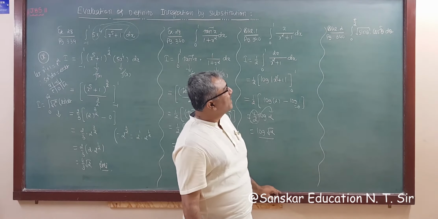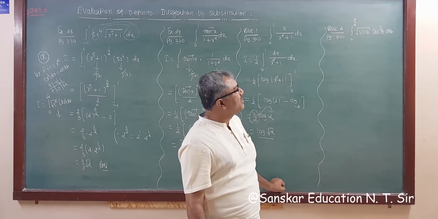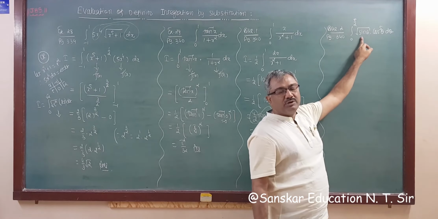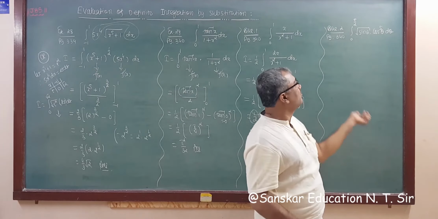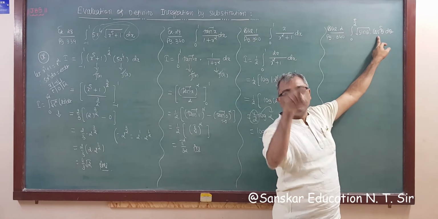Right? Now here, question number 2, page 340. It is given integration 0 to pi by 2 root sin theta into cos raised to 5 theta d theta. This is given. Now this is something new. So if we assume sin theta is equal to t square, here you have to compulsorily assume, because the derivative of sin is cos, but it is given cos raised to 5.